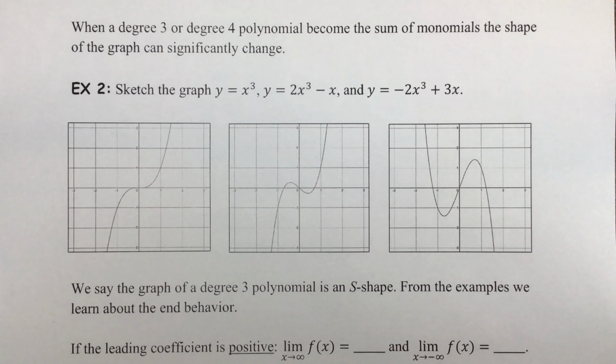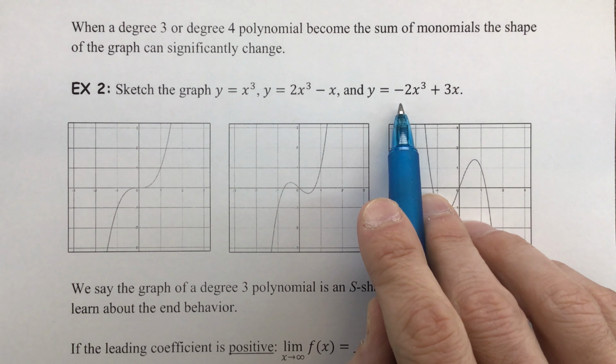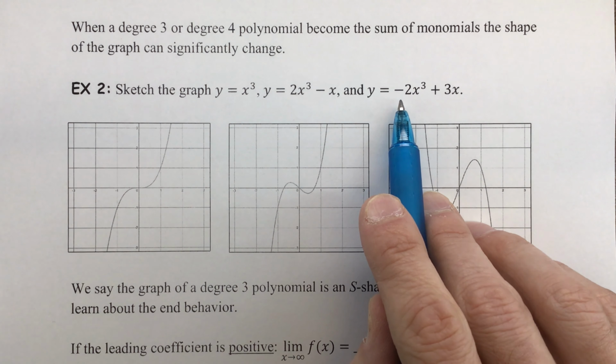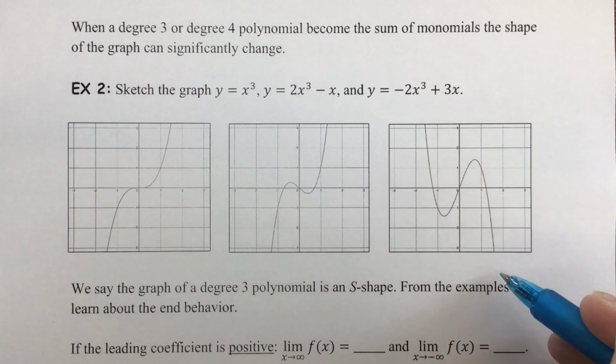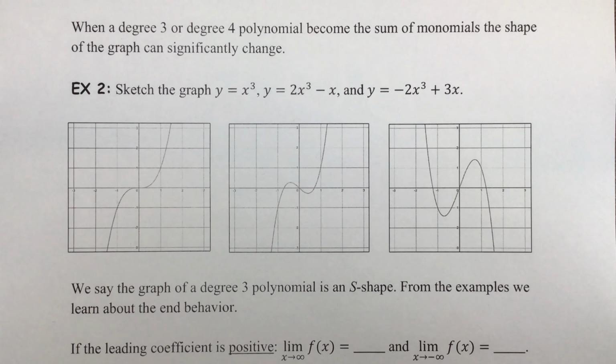The third picture is not a lot different than this one. What I want to highlight in that one, though, is the leading coefficient is now negative. When that becomes negative, the graph is going to flip vertically. So we see the graph coming down past the x-axis, curving back into the origin, and coming back around. As a note here, not all these graphs are actually going to pass through the origin. These just happen to be the samples that I used because they seem to relate best to the original parent